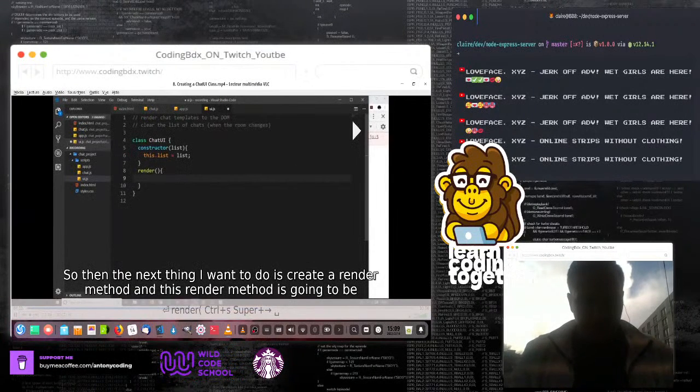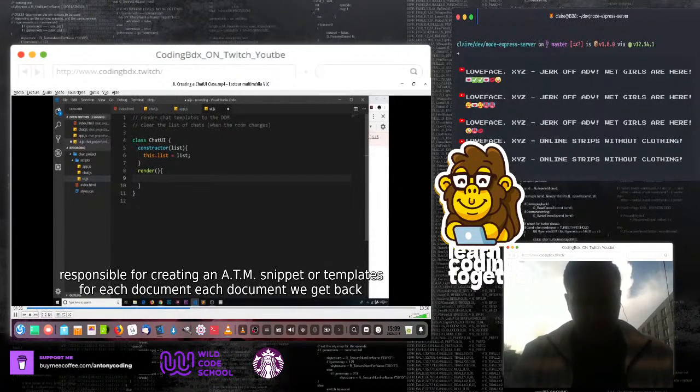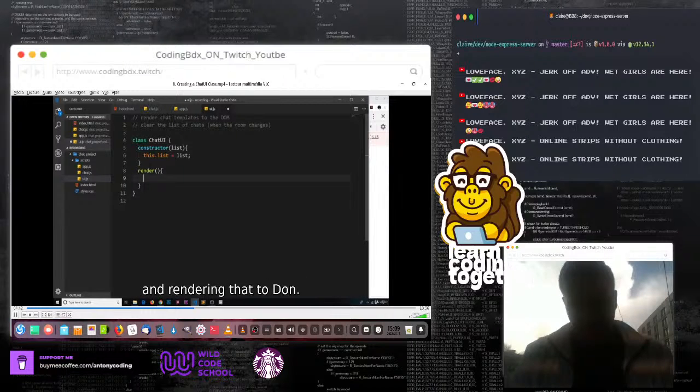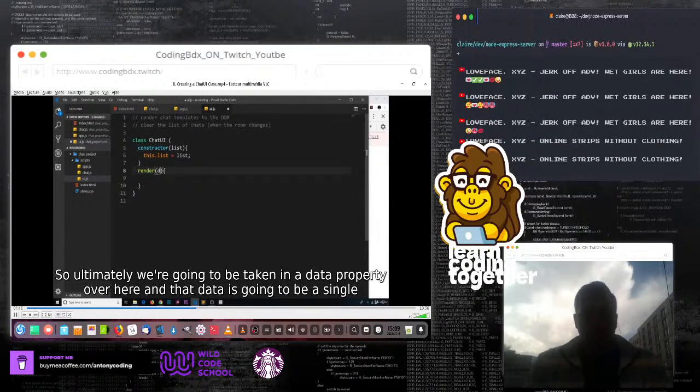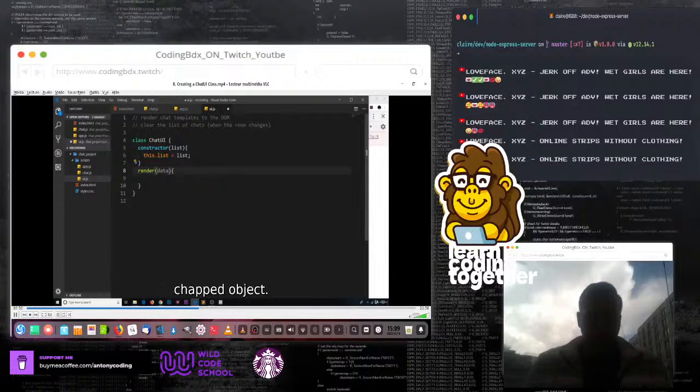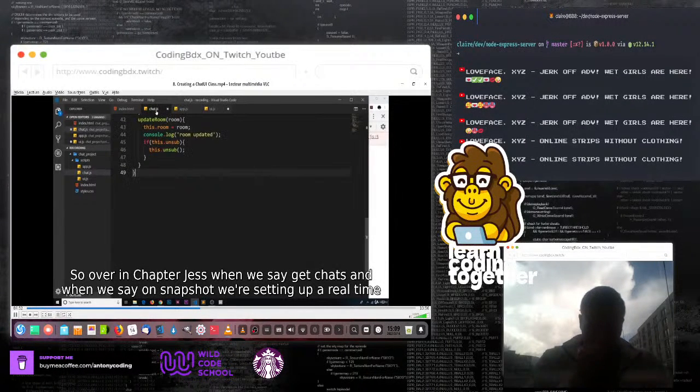And this render method is going to be responsible for creating an HTML snippet or template for each chat document we get back, and rendering that to the DOM. So ultimately we're going to be taking in a data property over here, and that data is going to be a single chat object. So over in chat.js,